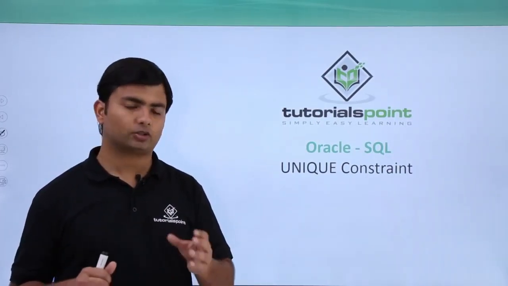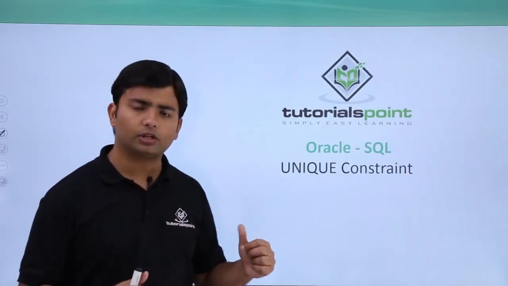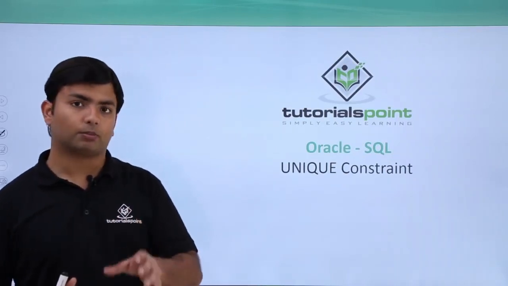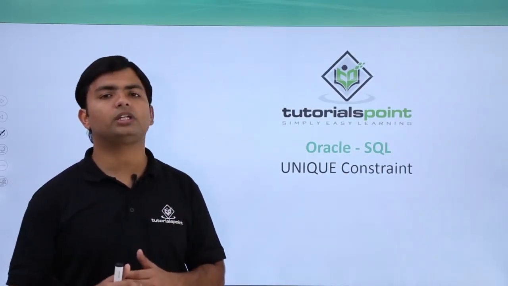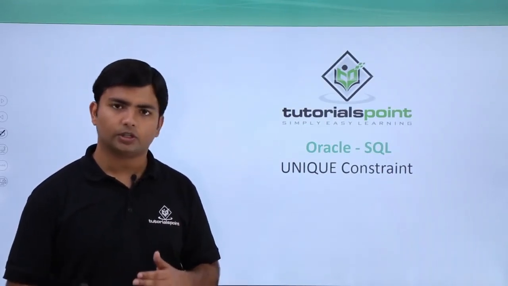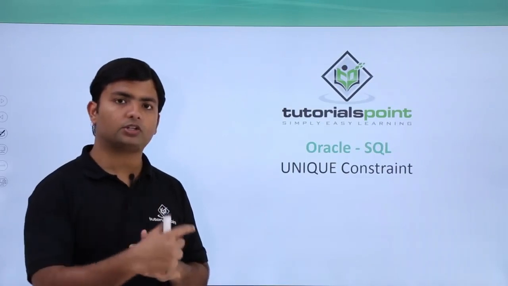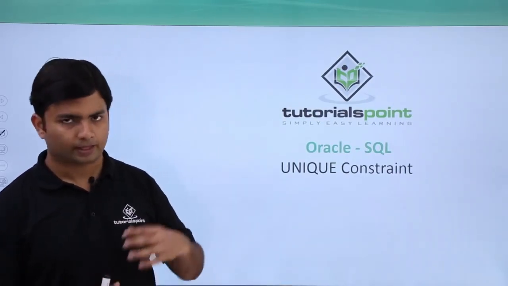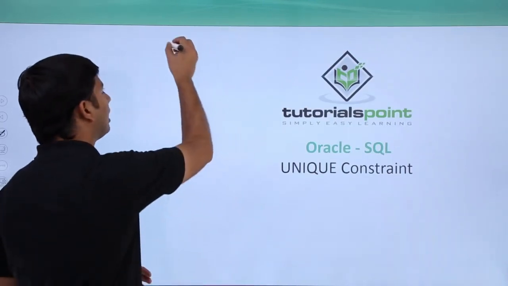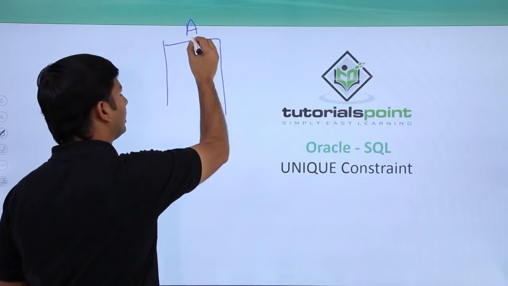If you pass it on a single column, it will behave the same as if you pass it at column level. But if you want to pass multiple columns with the unique constraint, it will not check the uniqueness of a single value, but it will check the uniqueness of the whole combination of all the columns on which you have applied it. For example, if I have a couple of tables, like this is a table A in which